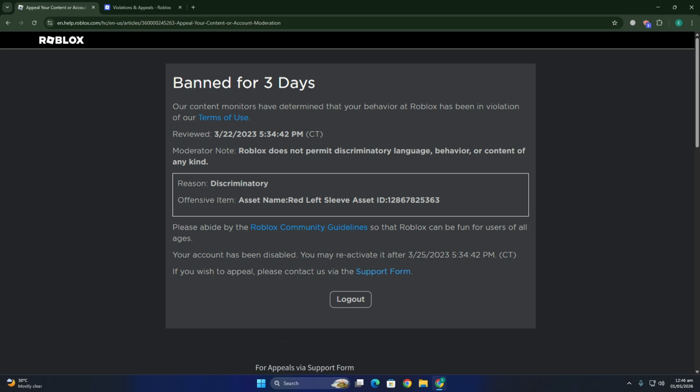This message usually includes the reason for the action. It can be things like chat violations, inappropriate avatar changes, or breaking community rules. It will also tell you the duration, such as a warning, a 1 to 3 day suspension, or a permanent ban. The first thing you should do is carefully read the message. Do not ignore it. Understanding the reason is important because it tells you what went wrong and what type of